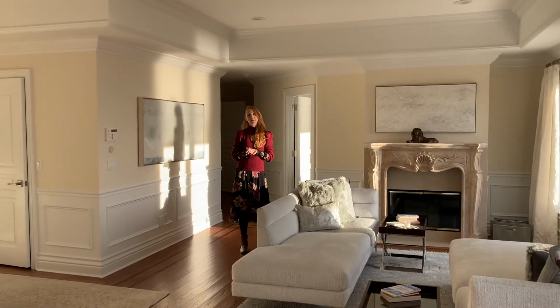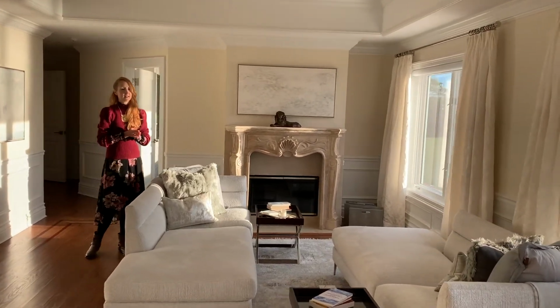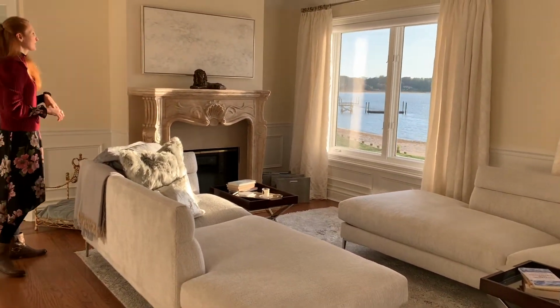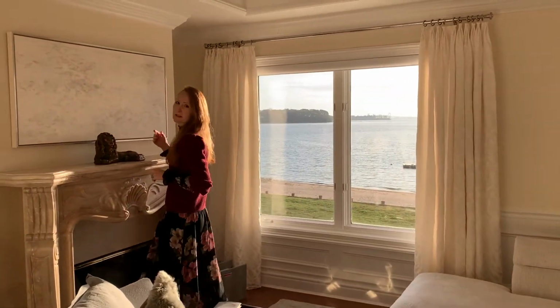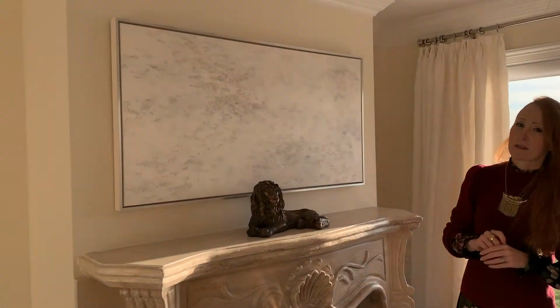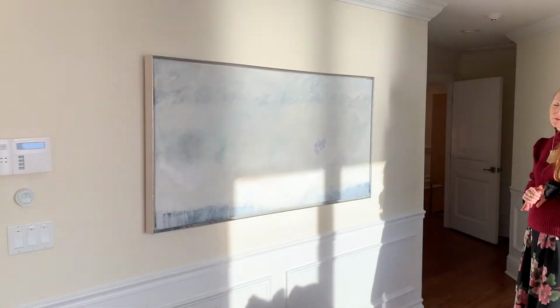In the master bedroom, it also overlooks the water with a beautiful balcony. We have these two chaise lounges and this gorgeous rug from ABC Home. I wanted something really light and airy over the fireplace. I chose this piece by Gabriella d'Italia called Fleeting Moments, which I think is so soft and serene with the space. On this wall is another piece that I created called Just Souls, which I find really romantic for the